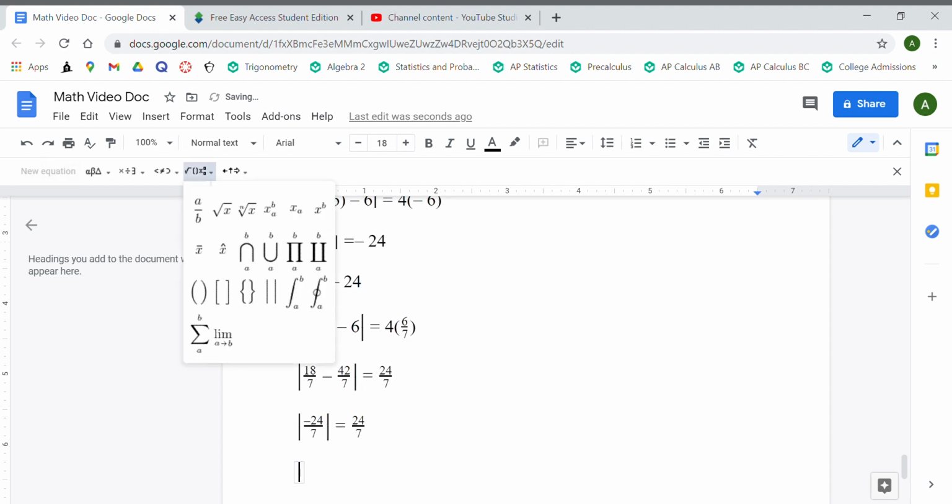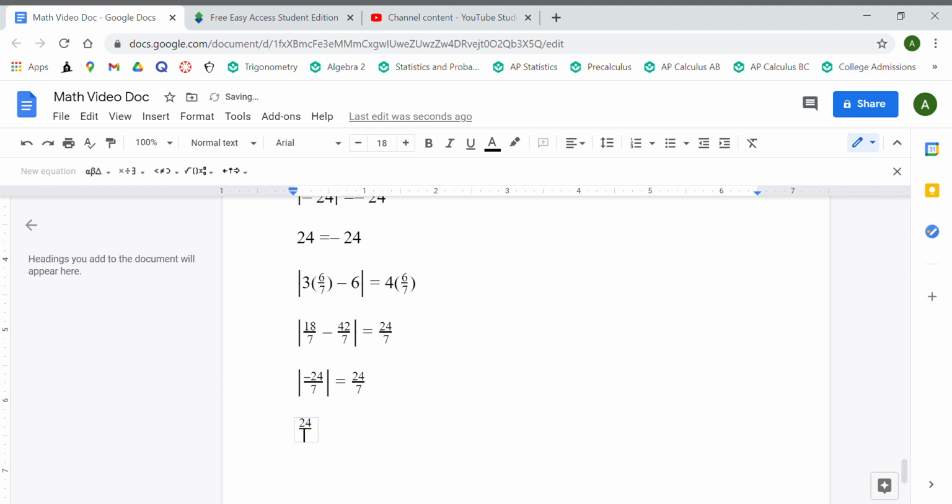And see, there you have it, guys. 24 over 7 does indeed equal 24 over 7. Awesome. Okay, so now I'm going to show you another example where there might not be two solutions,